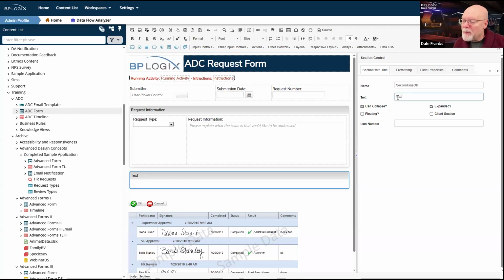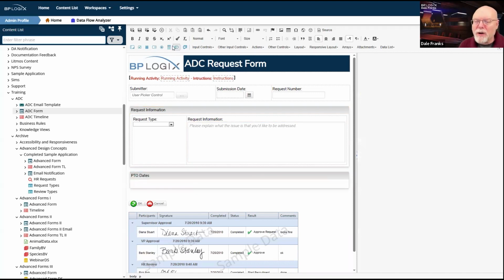And I'm going to put some text in so that I can tell what I'm doing whenever it comes to edit it. We'll call it PTO dates. So there's my time off section.